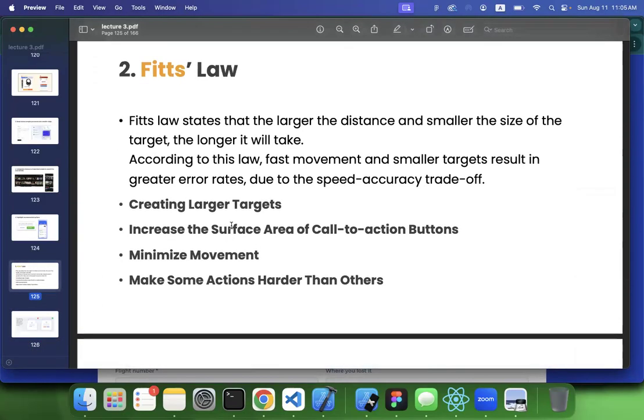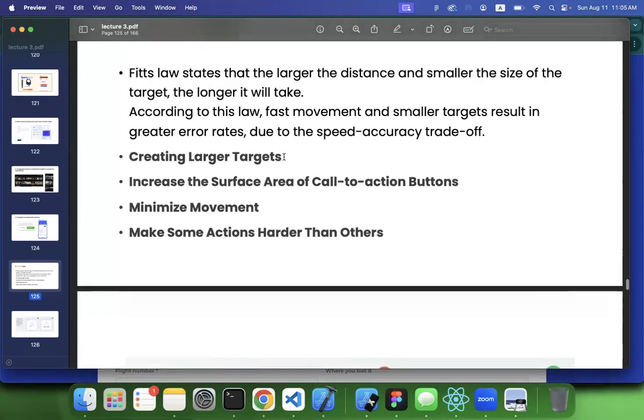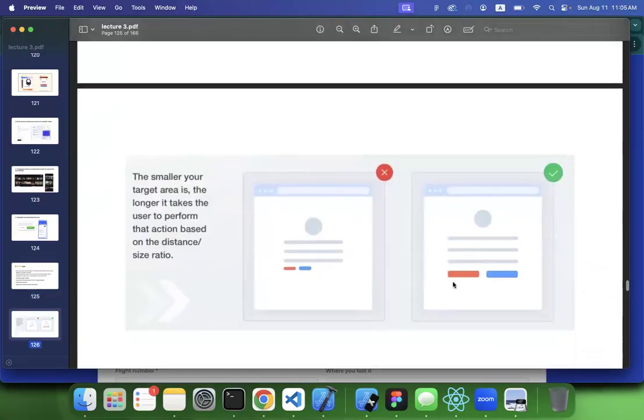If you want to make sure that your users don't get lost by having larger distances between elements, let's say for example, you provide them with this kind of a form. When they have to read all of this and fill the form, and then we have buttons placed right here in a smaller size, the effort they have to put in to find the button is quite high compared to this one. So always make sure to give them options like call to action buttons in larger size, and also put the necessary items